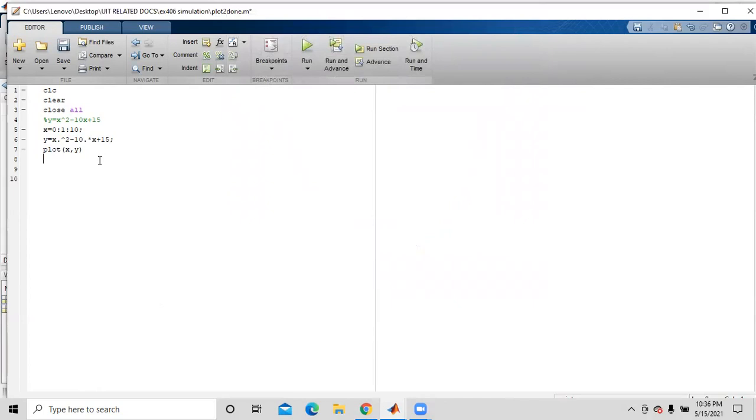First is the x label. The x label is given by, we are just going to give it x.